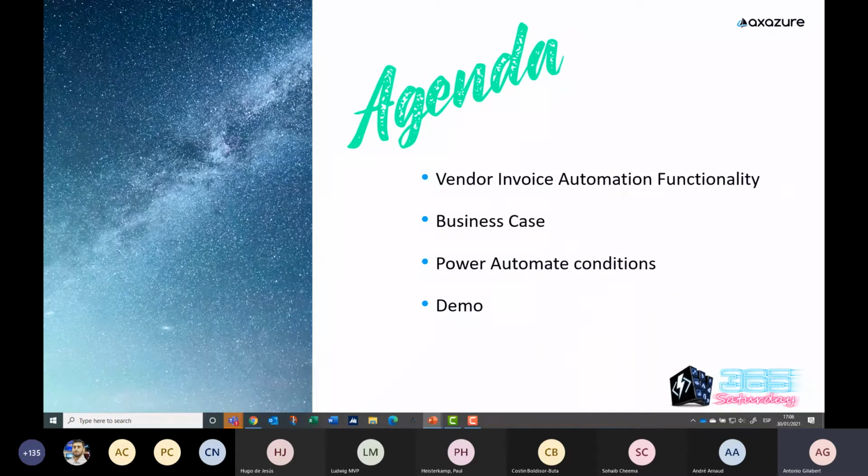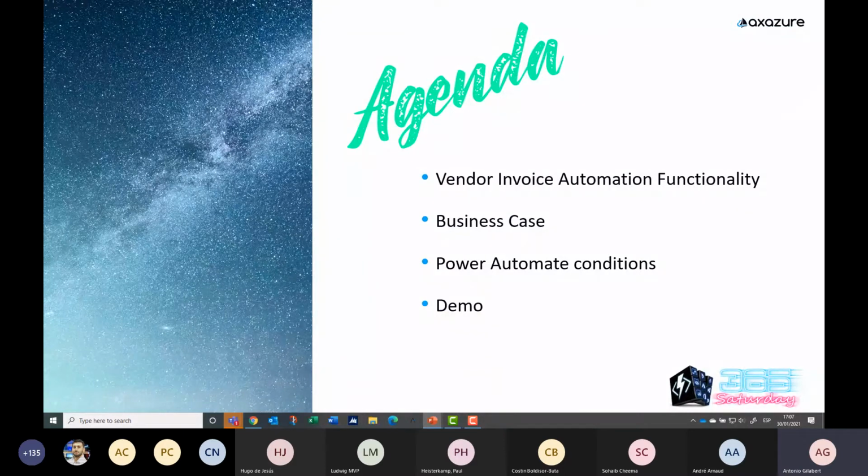What we are going to see in this session, we have split into these 4 points. I think it's interesting to speak more about the out-of-the-box functionality. In advance, I think it's not simple, but not too complex, the vendor invoice automation functionality. And after understanding this point, it's important to see how this functionality can fit in a real business case.